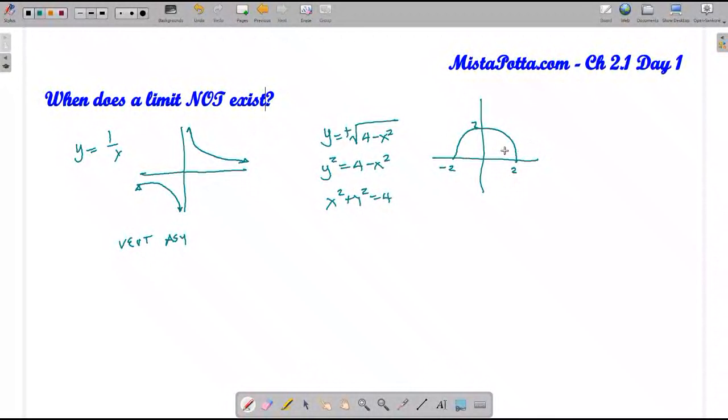But if I try and take a look at this from a window standpoint, I really can't say that I have a limit here because I have nothing to compare on the right side of my graph, primarily because the right side of this graph isn't part of my domain. So if I have a restricted domain,